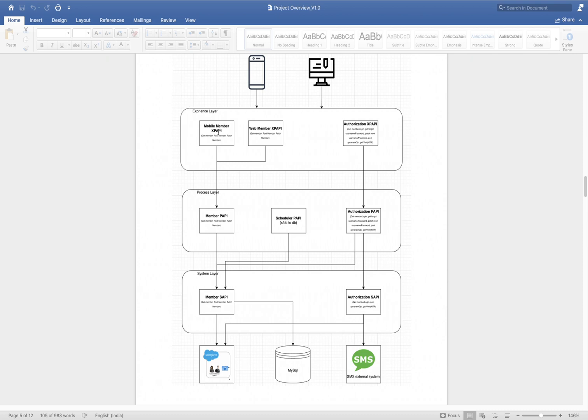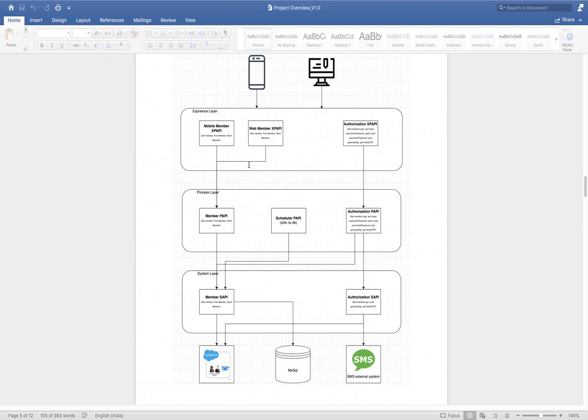If we create only one experience API, then they will get the same set of data as you. To avoid that kind of problem, we create experience APIs and, based on the experience system, return a different set of data.